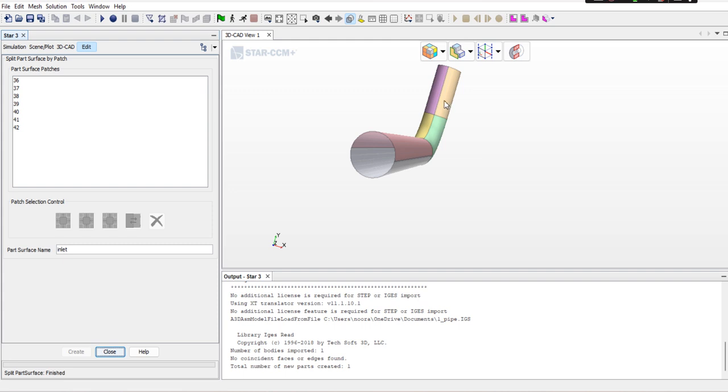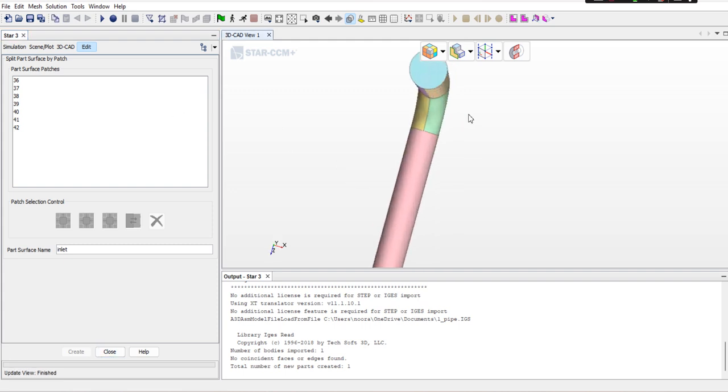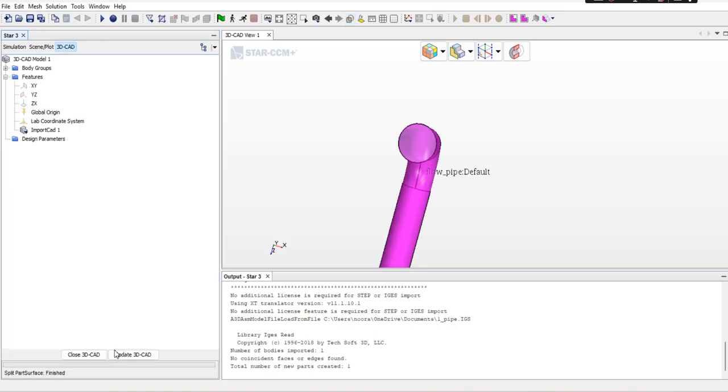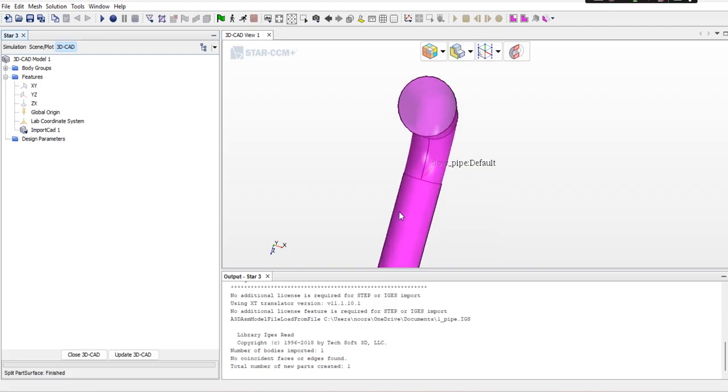Let's create, and then press create, and now let's focus on this surface. And let's select this as outlet. Let's create it, and let's close this surface,